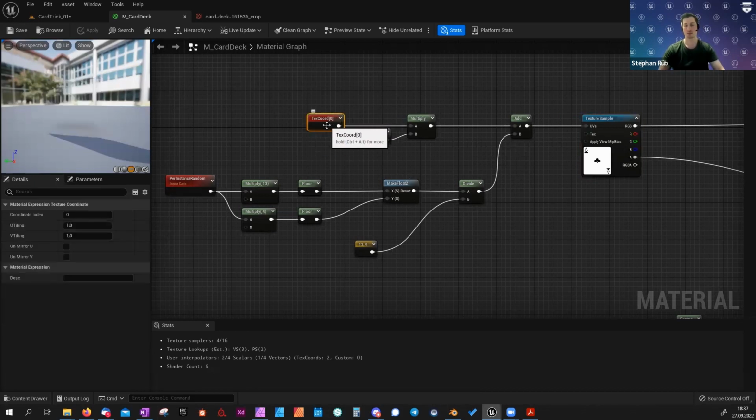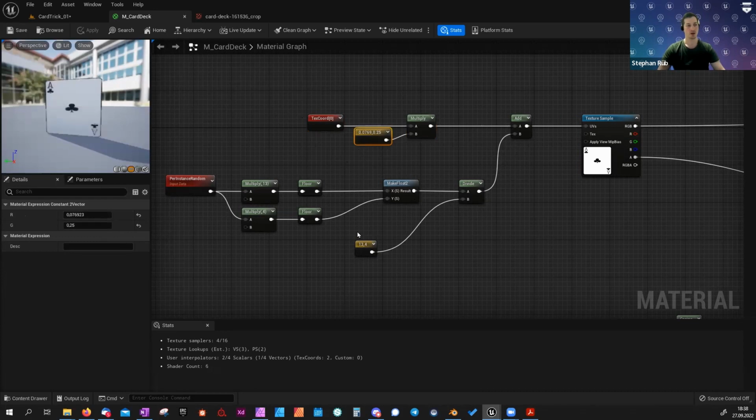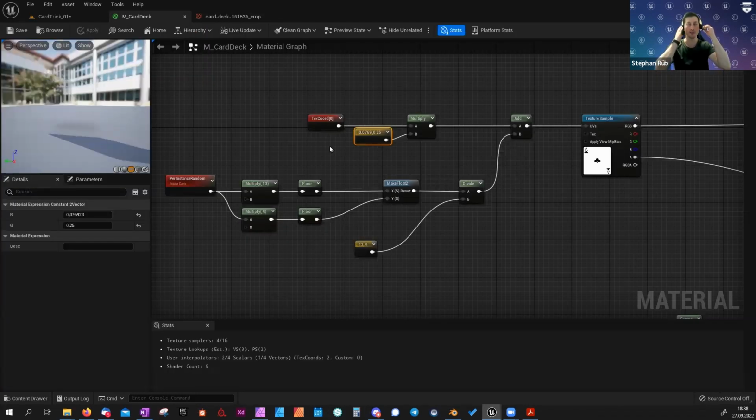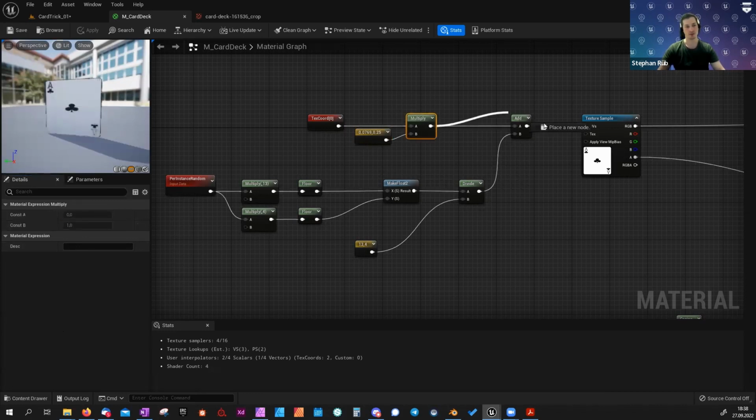I've used the texture coordinate because we know if you want to tile a texture, even if we want to make it bigger instead of smaller, we can use the texture coordinates and multiply it by some value. What did I multiply it by? This seems really random and this seems a little bit not so random. Let's take a look at the texture. We have 1, 2, 3, 4, 13 cards in this axis and 4 in this axis. Since I want to make this bigger, I can't multiply by 13. I have to divide by 13, which means I have typed in 1 divided by 13 because all of these number inputs are also calculators. And this gives me this value. The same goes for 1 divided by 4, which is 0.25. I hope all of you know this. And this now, if I just type this in here,